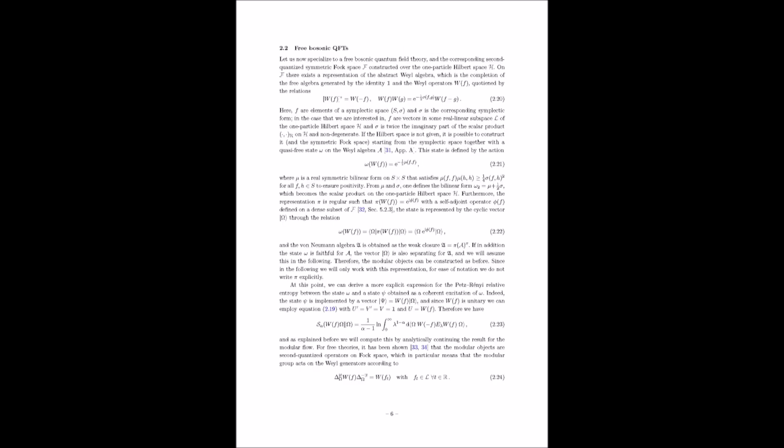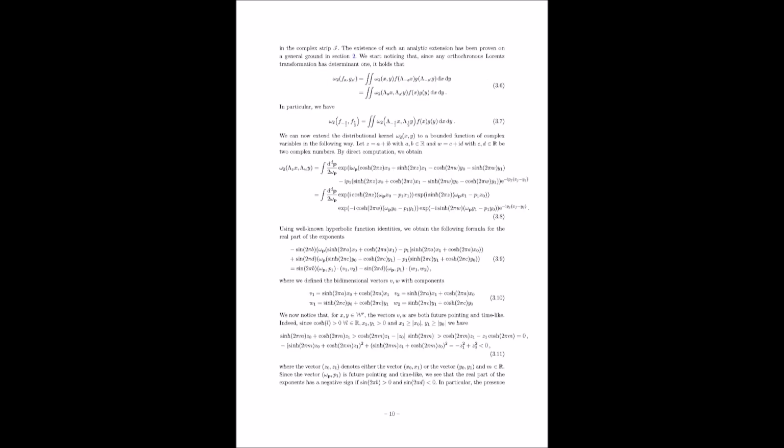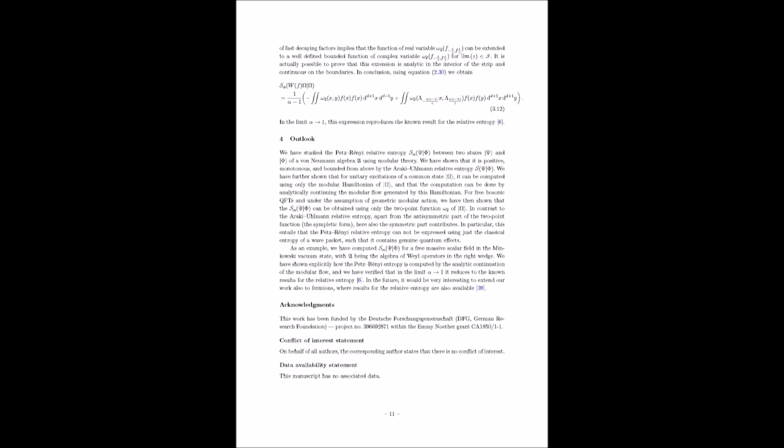Right. And they emphasize that they are interested in a generalization of this relative entropy. Yes. Namely, the Petz-Rényi relative entropy, which is defined for alpha in a certain range. Right. And it can also be defined for other values of alpha by taking limits. They also point out that when taking the limit as alpha approaches 1, we recover the usual relative entropy. And they mention another generalization called the sandwiched Rényi relative entropy. Yes. But they focus on the Petz-Rényi relative entropy for the remainder of their work. Right. They then lay out the structure of the paper, outlining the key steps they'll take to achieve their goal of computing Petz-Rényi relative entropy in quantum field theory.